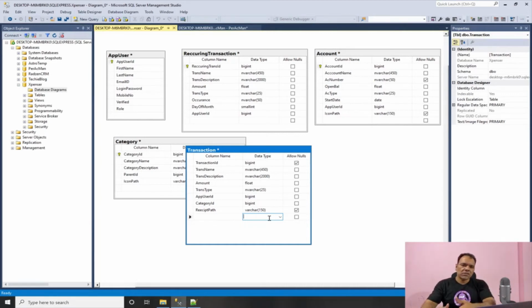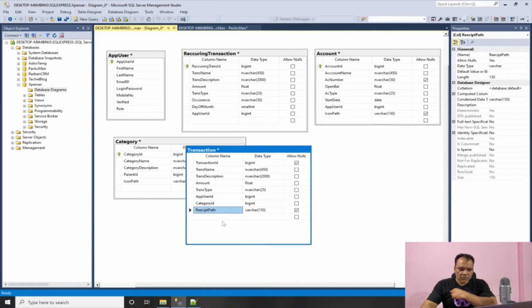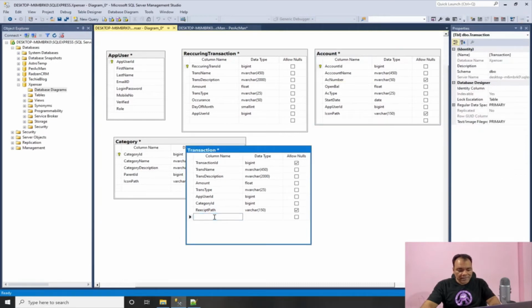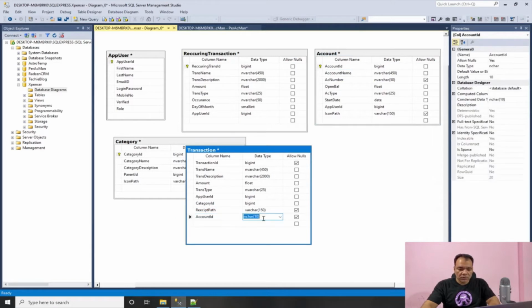Whenever we do a purchase, we can take a picture of that and upload it. So what else is missing? Of course, account ID, because even cash is also an account. This would be big int,